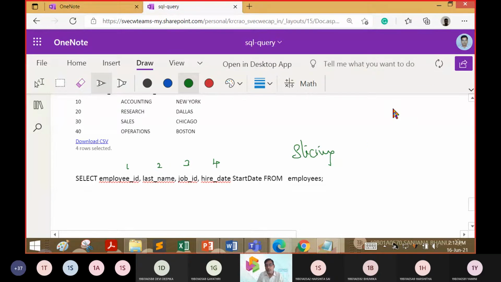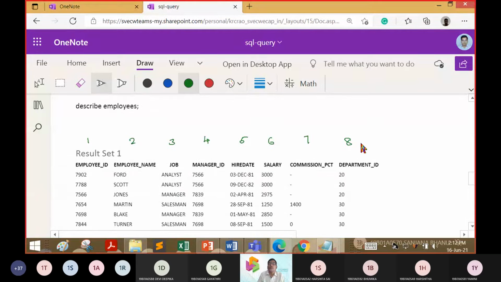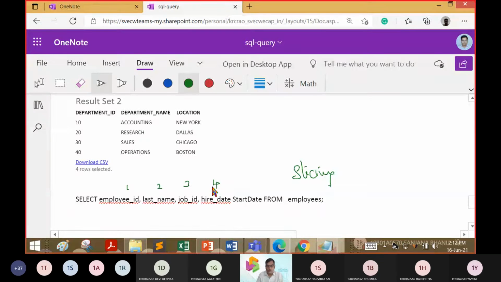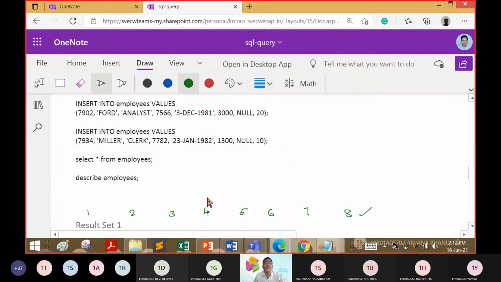There will be a bread and we can't eat the entire bread at a time into our mouth. So what we will do is make parts of it. Making a part, the technical word for it in English is slicing. Similarly, we have 8 columns in this case. So now we are going to take up only the 4 columns. So that was the query we are going to check. Any correction in this?